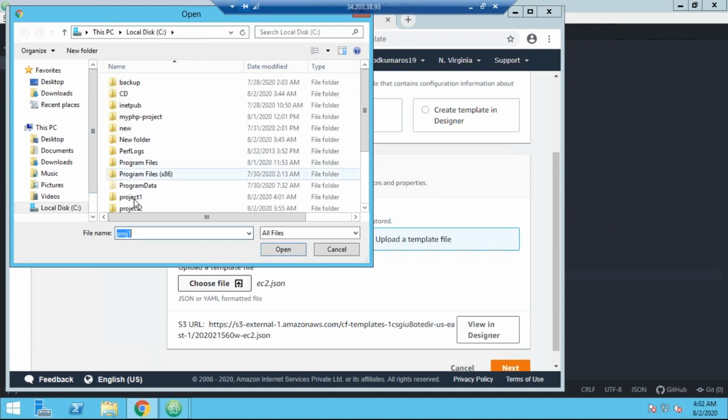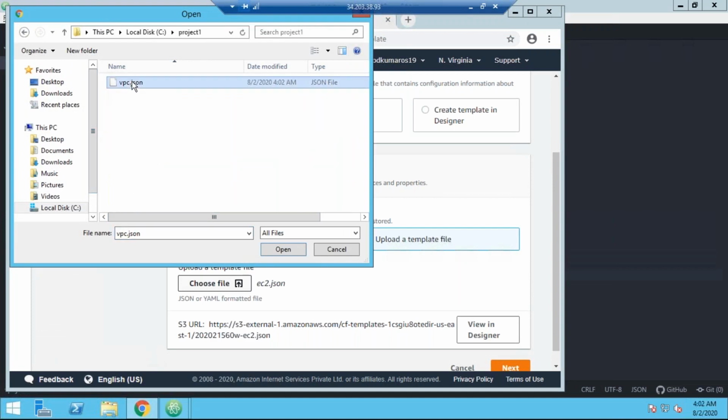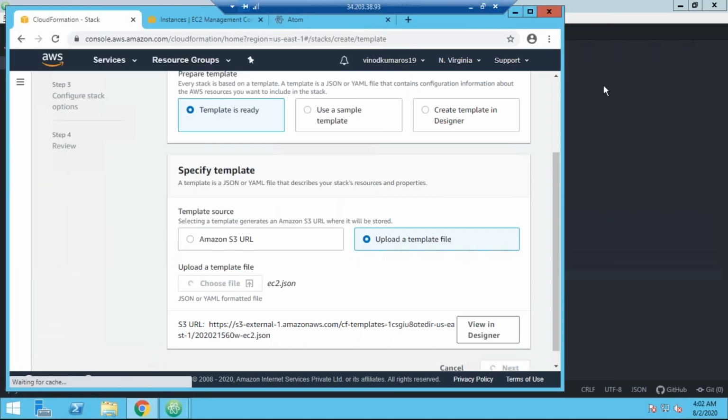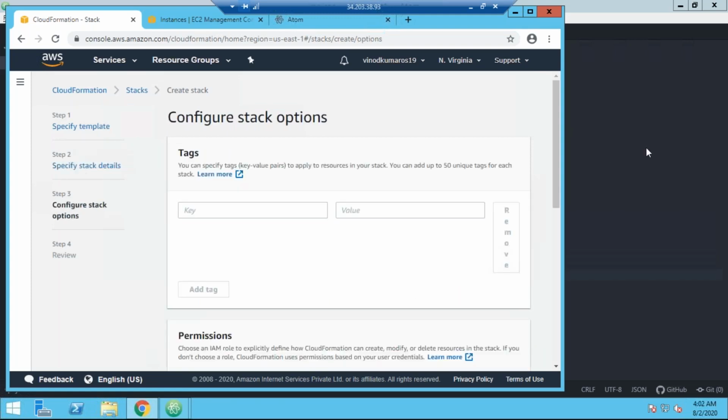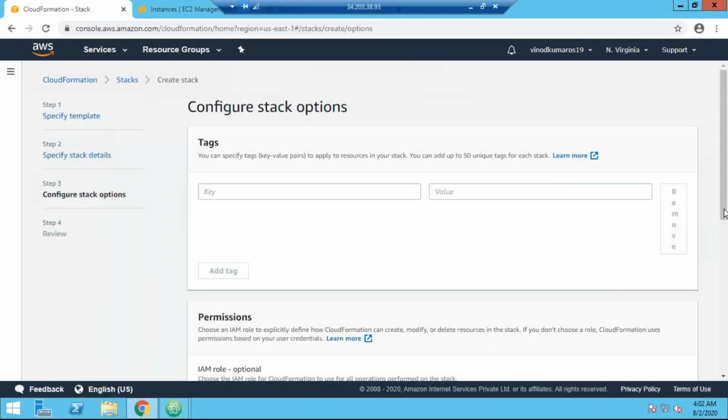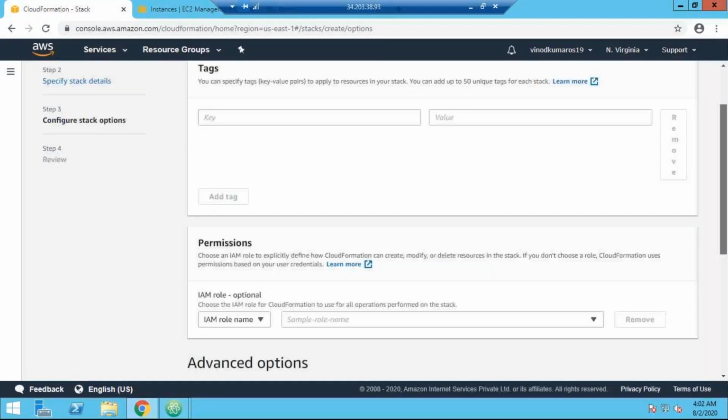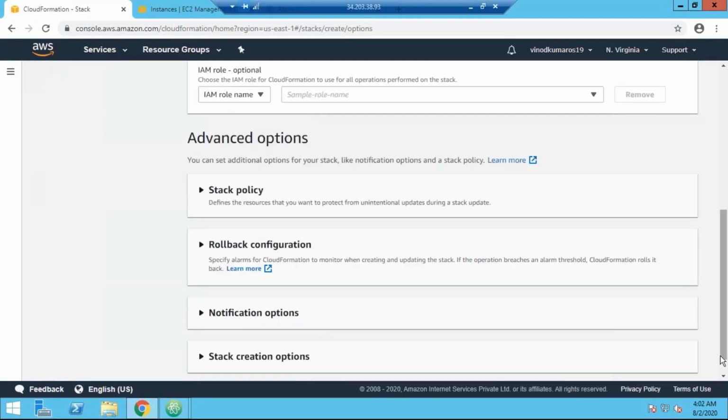I am selecting the vpc.json template, clicking next, and giving a stack name. We can see that I am creating a VPC from this JSON template. The VPC name, CIDR, everything I mentioned in the JSON file. I click next and create.